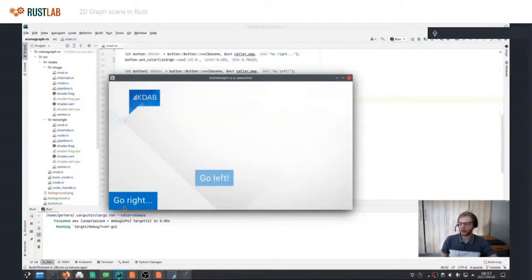So I don't quite have high performance text yet, but doing text through this image style thing isn't that bad, because I think a lot of text doesn't change very often. But for text which does, maybe not the best idea.